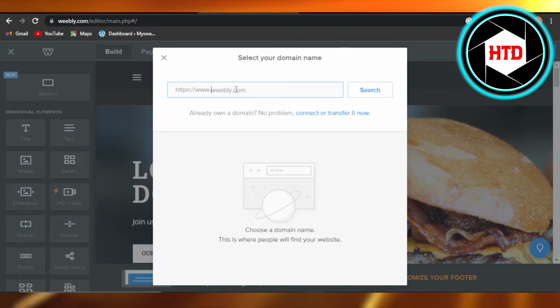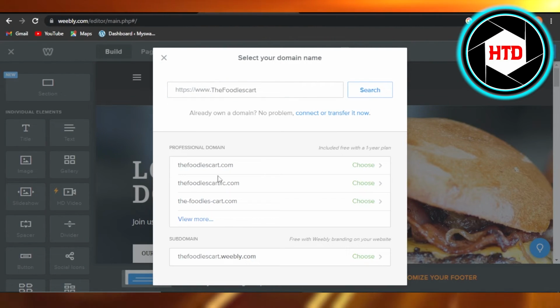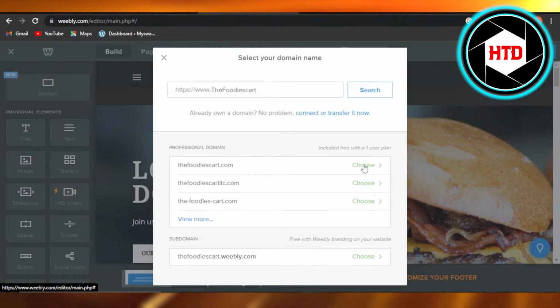Let's go ahead and find one. Maybe click on search, and it will show you the available domains. You can see right here we have a domain included in the free 1 year plan. So you can see right here the foodiescart.com is available. Then we have some of the others. So you can choose the domain and buy a domain name and get a domain name for free with the